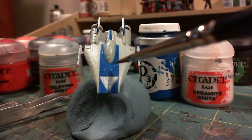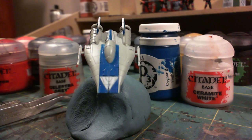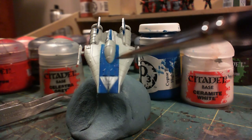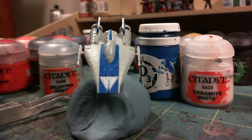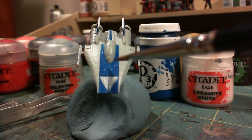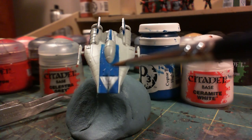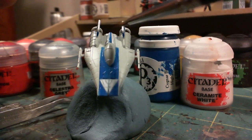So anyway, back to the blue. I mixed the blue with quite a bit of Liquitex Airbrush Medium. I've been using that a lot recently in order to thin my paints, because it can create a thin paint without losing the integrity of the paint. You're less likely to get beading. The paint will actually stick, and it'll lay down a really nice smooth coat. So because I had a light undercoat, it took a few passes on the blue to get a nice solid color. But I did that there, and then on the back,